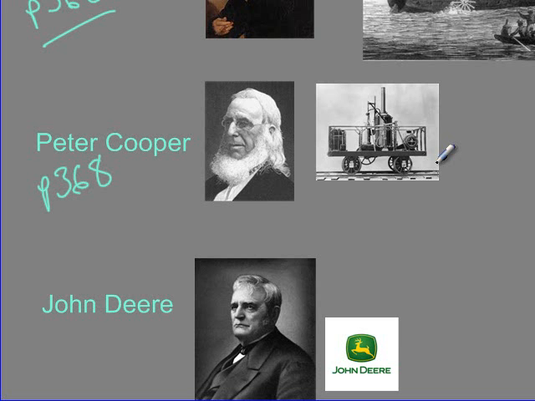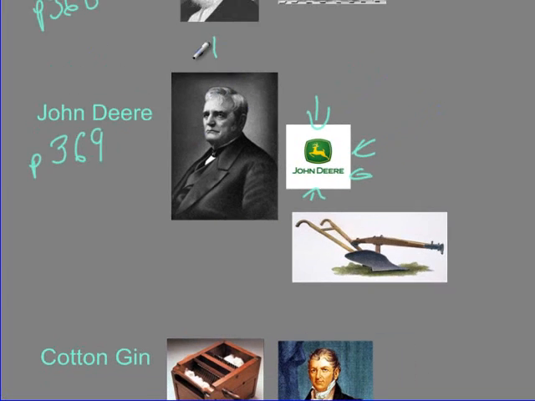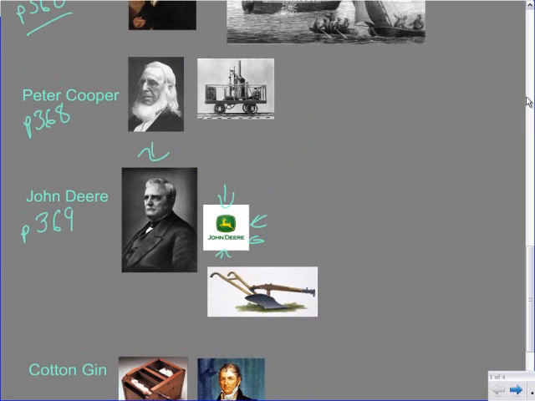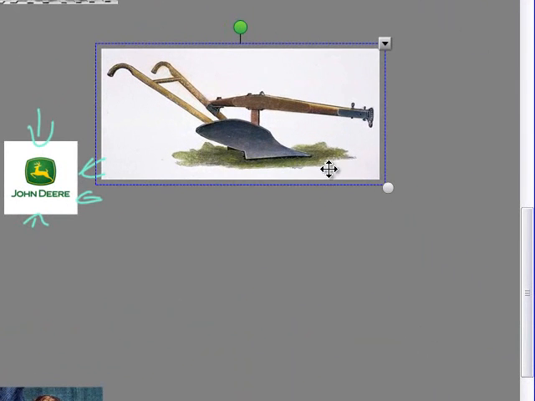One of the last inventors that we talk about in this section is John Deere, who I'm sure you are mostly all familiar with. Because of this right here, the John Deere Tractor Company, all that kind of stuff. 369 is the page. This is John Deere right here, and his invention during the Industrial Revolution that revolutionizes a lot of things is the steel plow, or the plow with the steel cutting edge. Before this invention, they would use cast iron